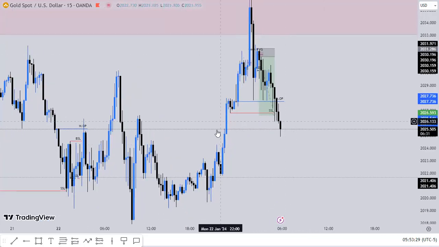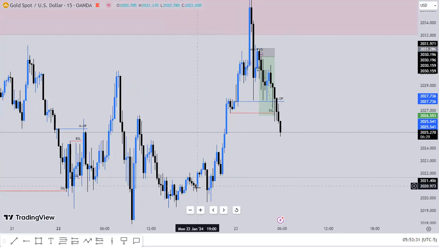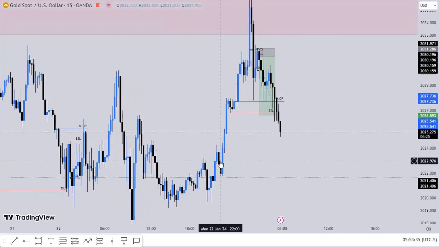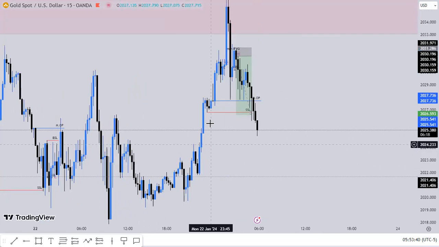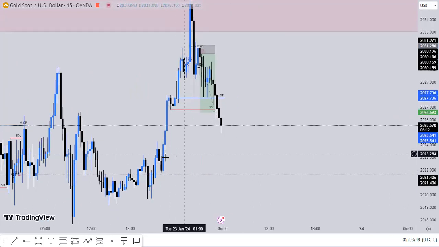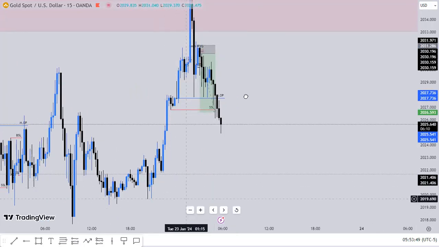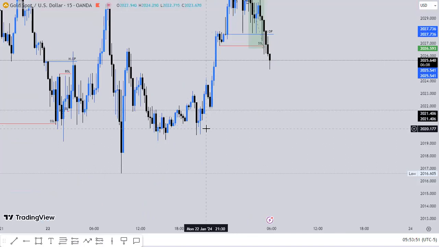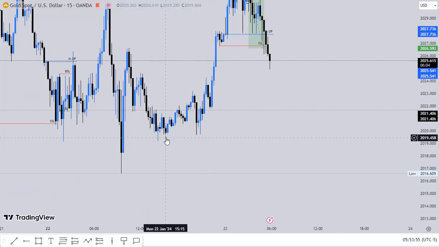So the areas that I'm watching: the 4 hour fair value gap, which is all from here to here. On the 15-minute, we have 1, 2, 3 fair value gaps. That is a liquidity void. Price can go down and use this order block to go up again, or it can take this sell side liquidity, and I am thinking